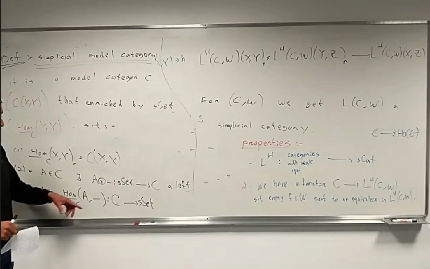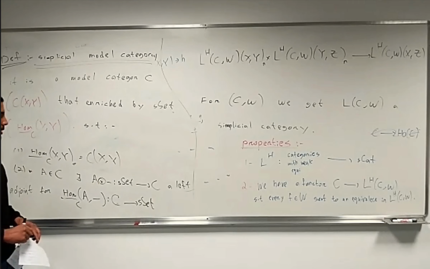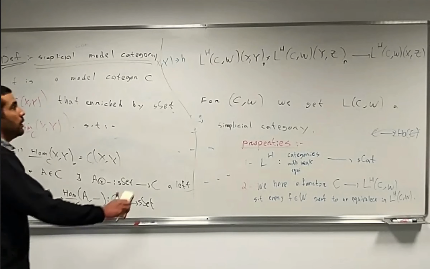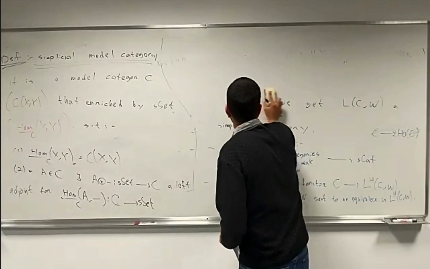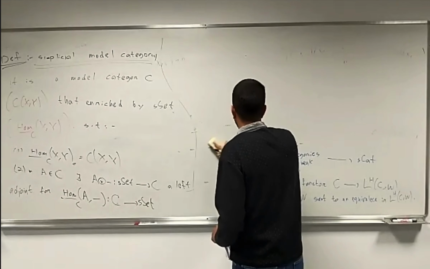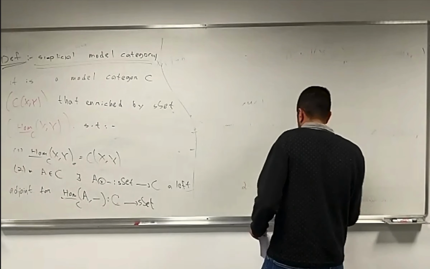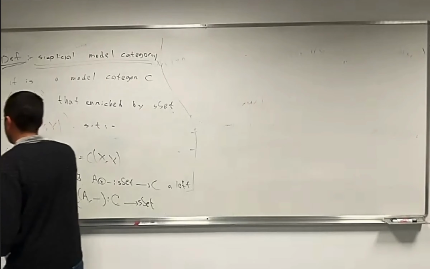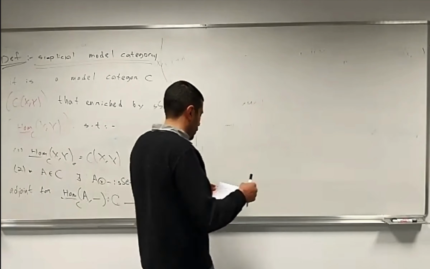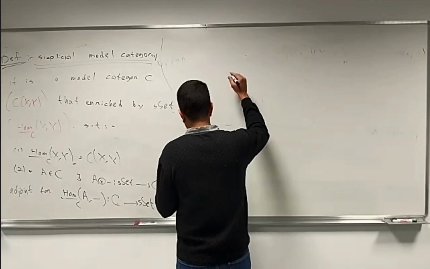This is the enrichment. So there is a left adjoint of this. We have that left adjoint, with this property, such that